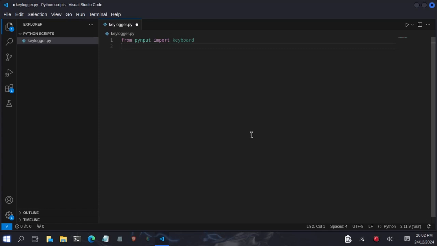So I'll use a variable for our file: log_file equals the name of the file, and I'll name mine keylog.txt. Now let's define a function to log the keys when they are pressed. So def on_press(key):